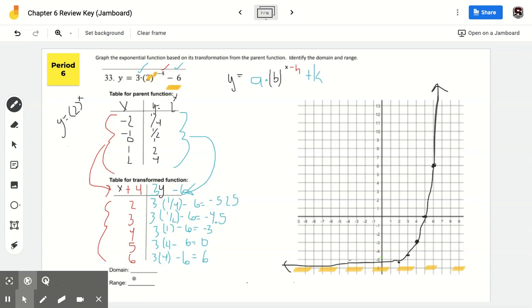Now my range has to do with the y and the asymptote. The asymptote is -6, and it's all above, so it's greater than. And my range, domain